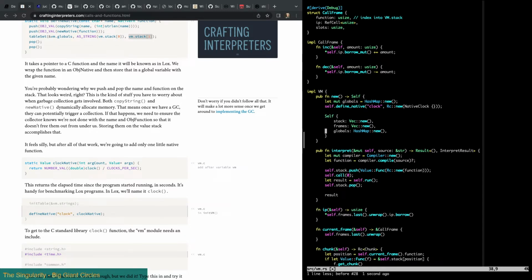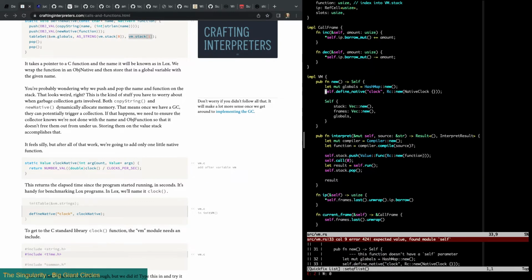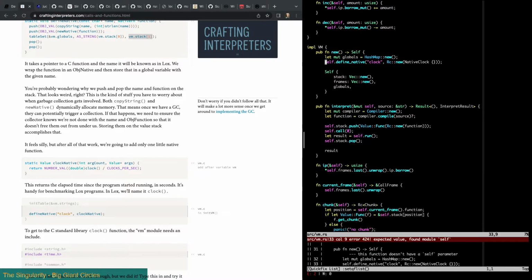And then we'll just put globals here. Nope, no good. This function doesn't have a self parameter. Oh! That is true. That is absolutely 100% true. So there's no reason